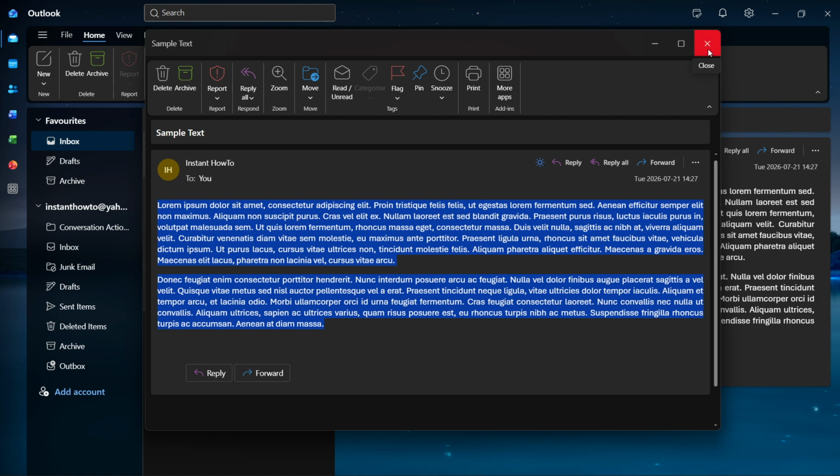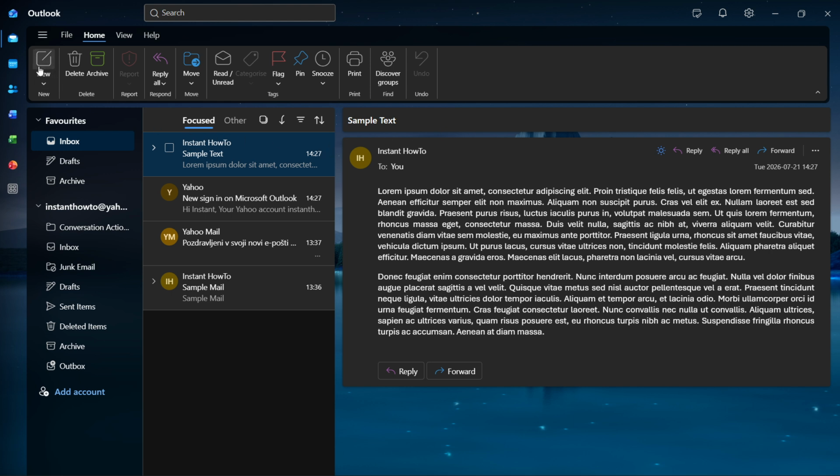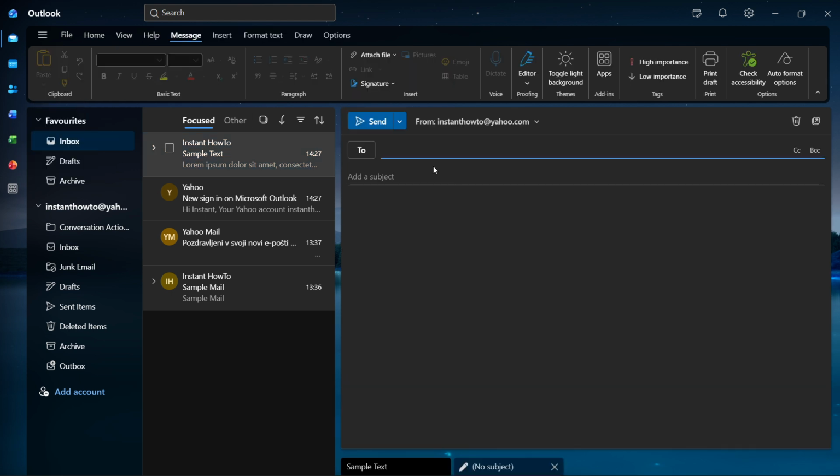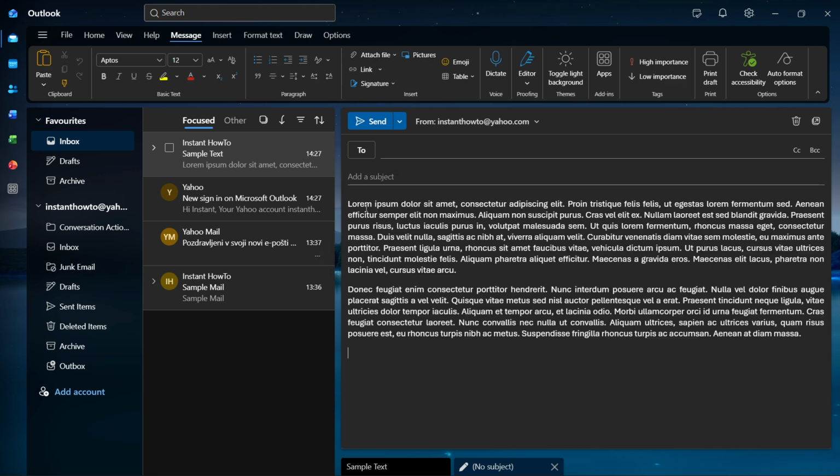And then when you do this, you simply want to go to a new email, for example up here, New, and then Mail. And then in here you can just go to the body and you can right click and paste, or press Control and V on your keyboard, and that way you've successfully copied and pasted an email in